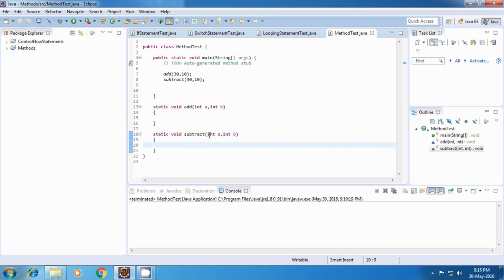And in this case, the method will return the subtraction of A and B. So first of all, I'll have to change the return type of the method. Okay. So I'll just make it int. And why do we have to do this? Because our method is actually going to return an int value, and that is the reason why I've changed the